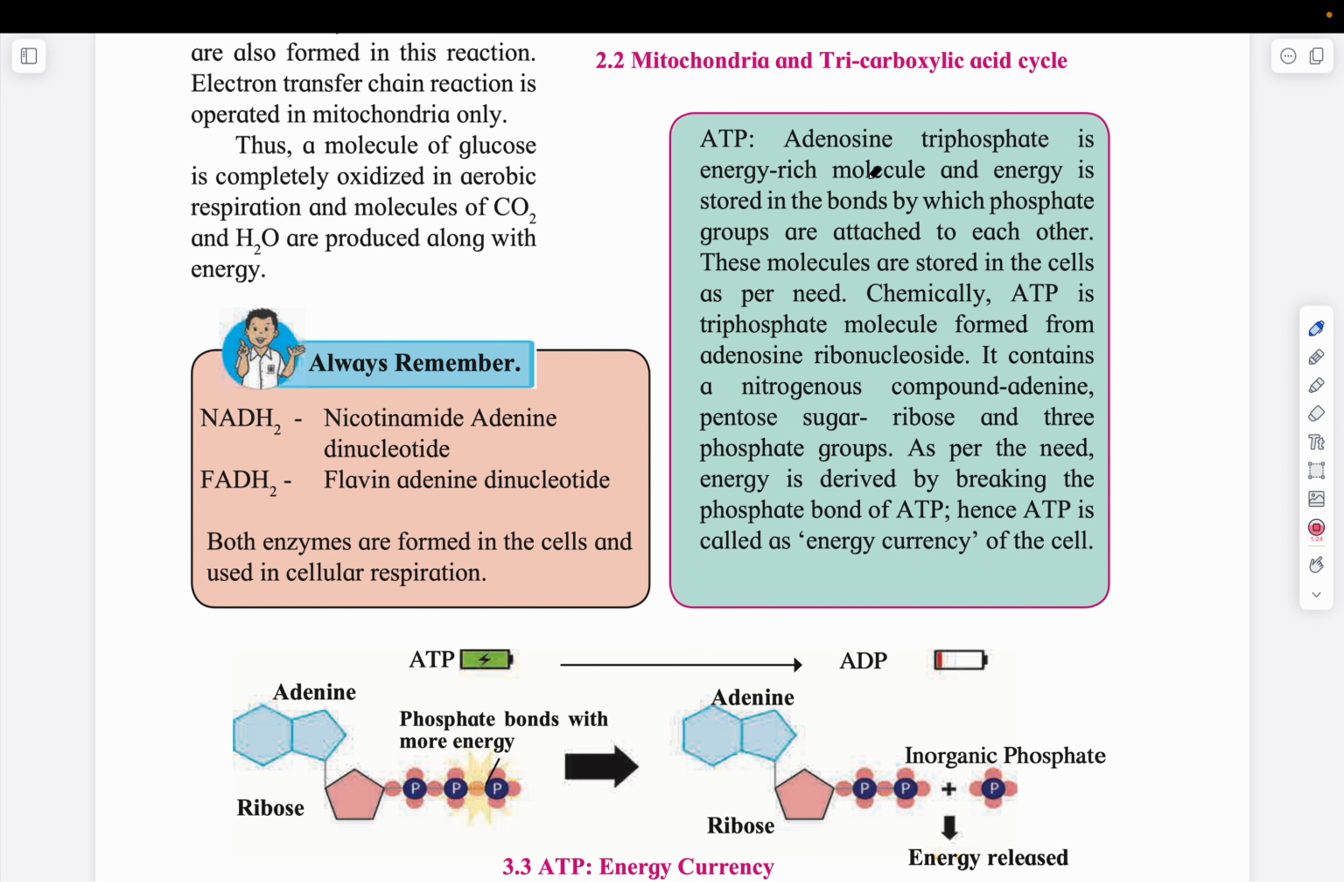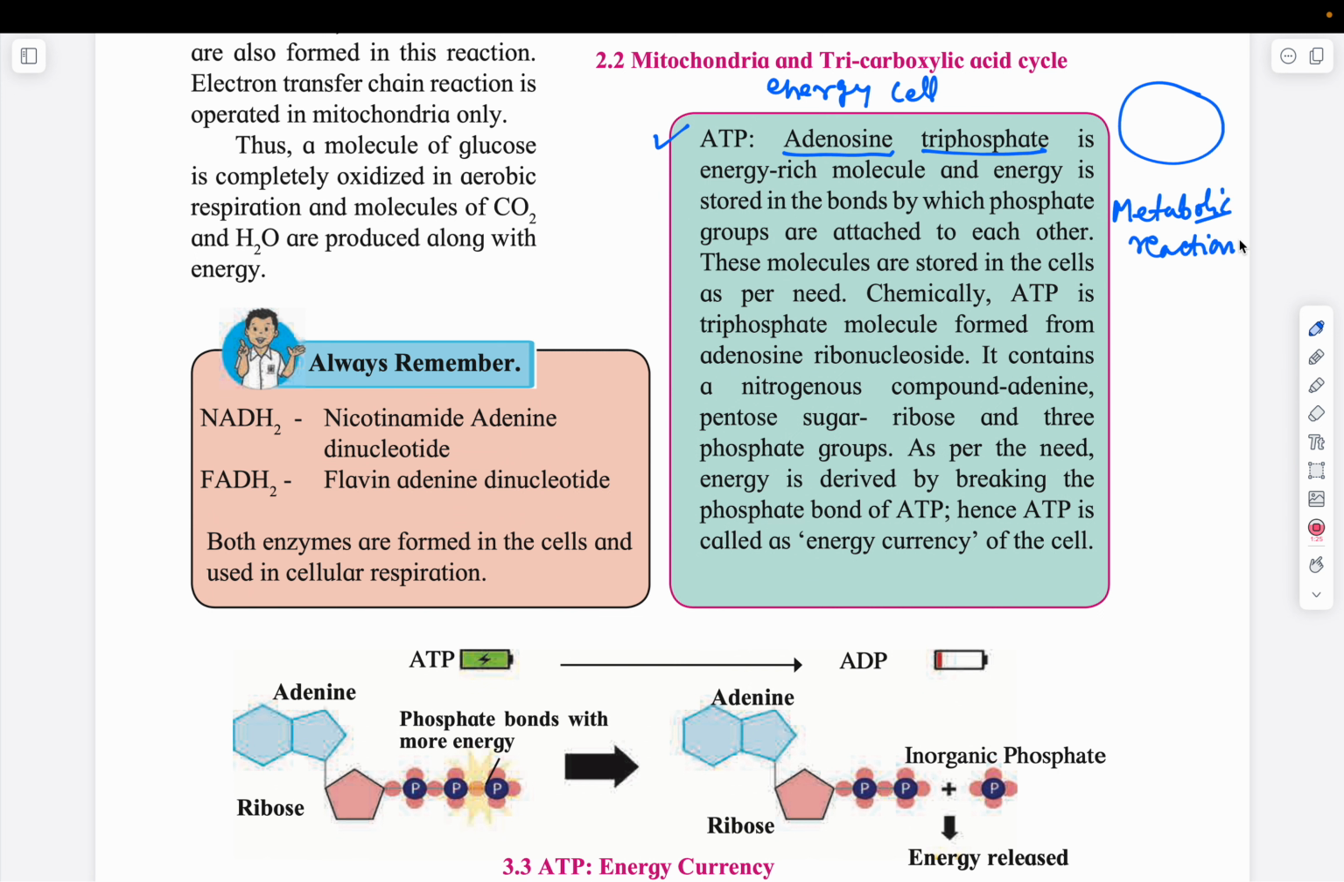So the next concept is the structure of ATP. What is ATP? ATP stands for adenosine triphosphate, right? It is known as the energy currency of the cell. Within the cell, all the metabolic reactions which are taking place,